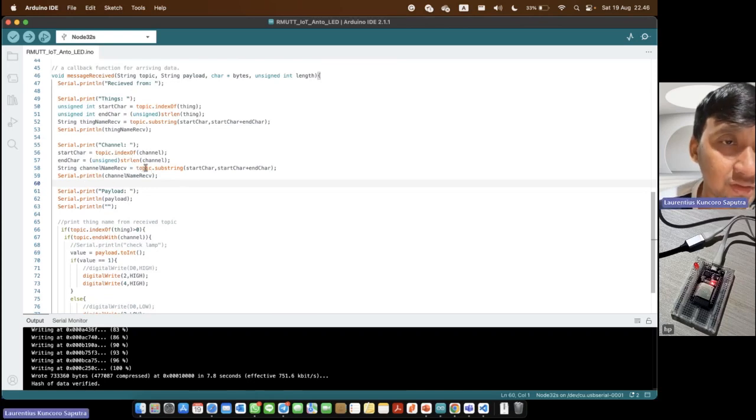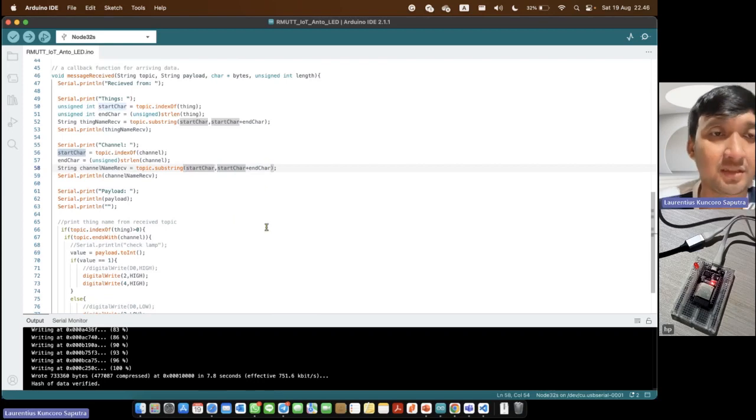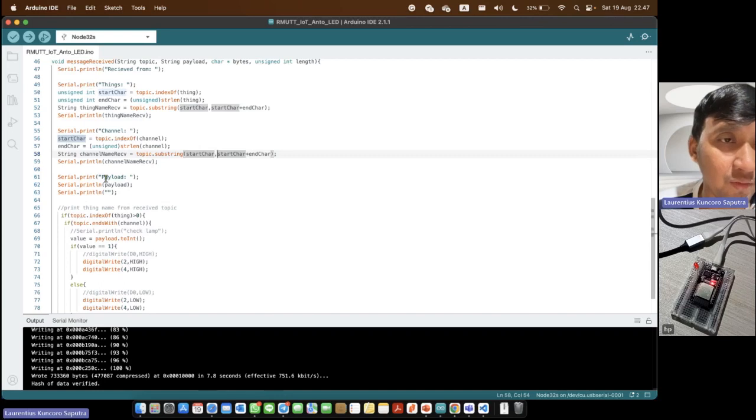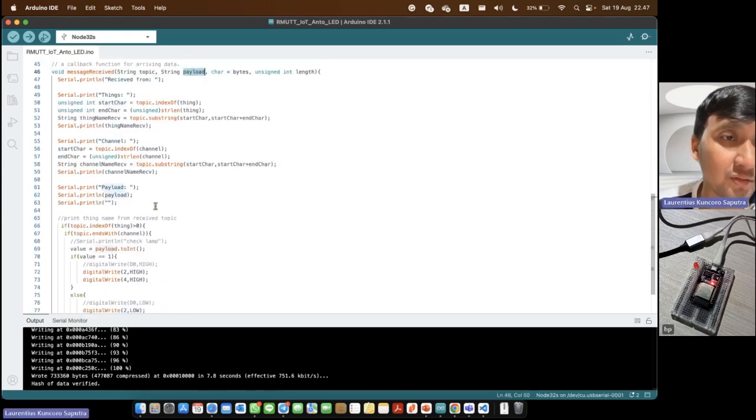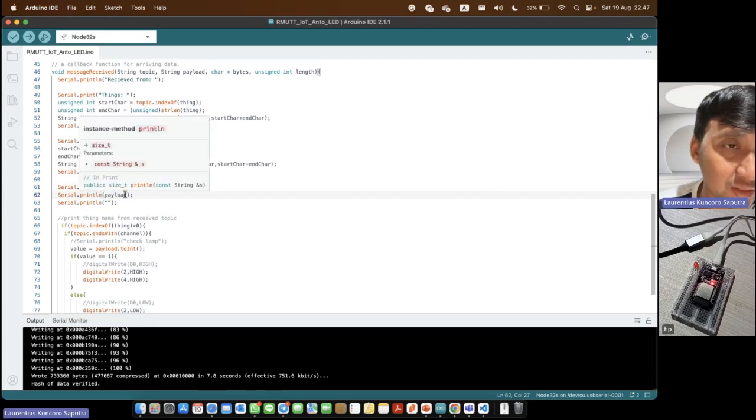So we should use topic substring, the start character index, and the length, or how many characters you want to cut with the substring function. After that, we want to show the payload data. What is the value of the payload data here? We can write directly with the payload variable here.